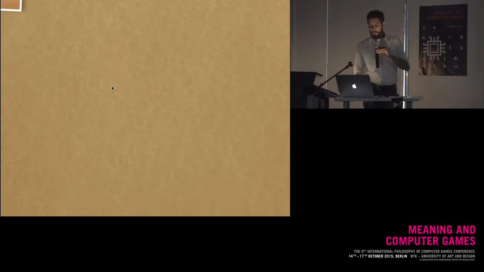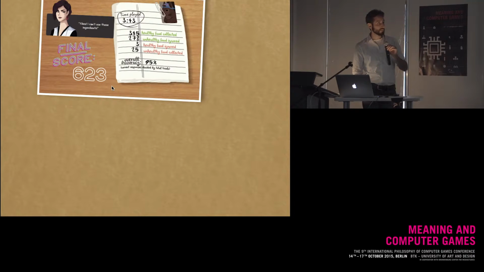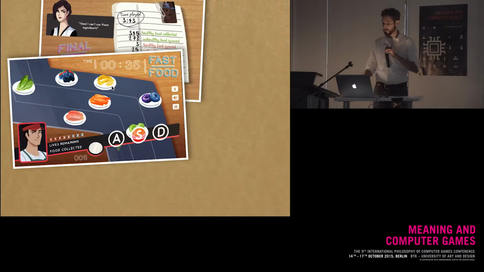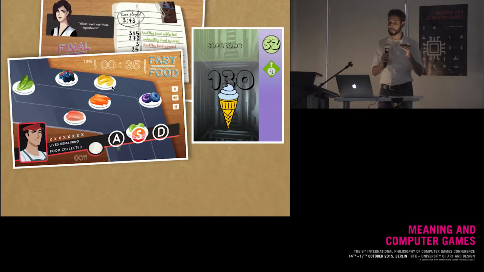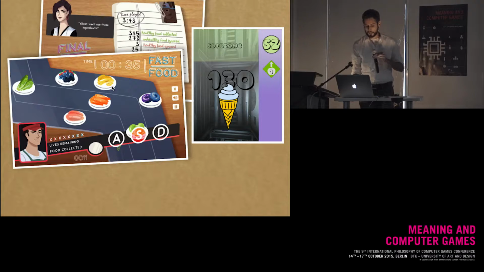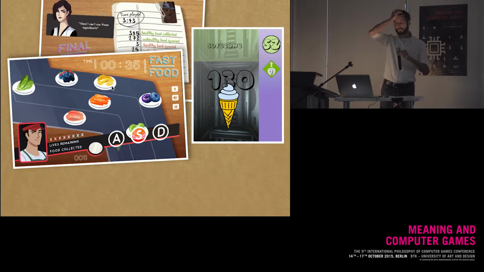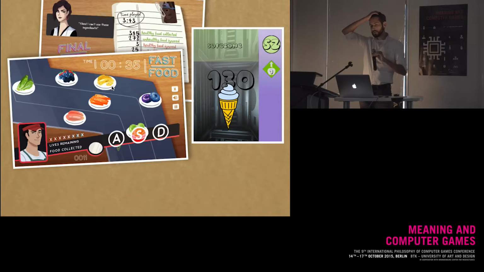Okay, so at the end, we ended up with 5 usable games for research after a cycle of roughly 5 months that, in a way, translate these methods into game mechanics, game dynamics, or game aesthetics. So the goal here was to create games capable of lowering the IAT, the implicit attitude test scores, for those children, rather teenagers. And you might ask, so you're talking about this during a philosophy conference, so what's the philosophical